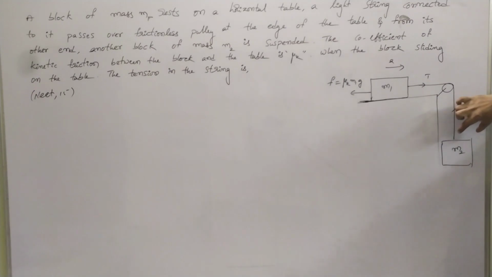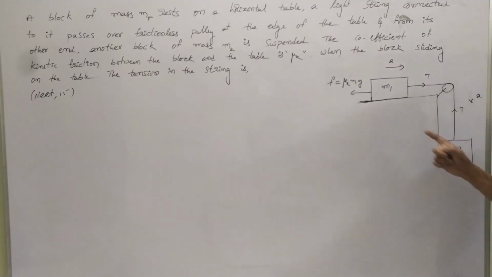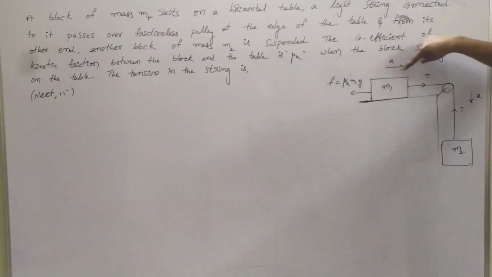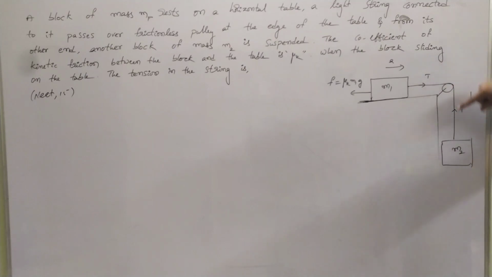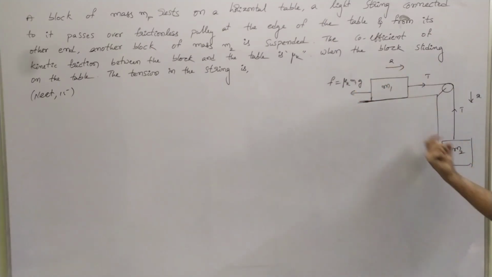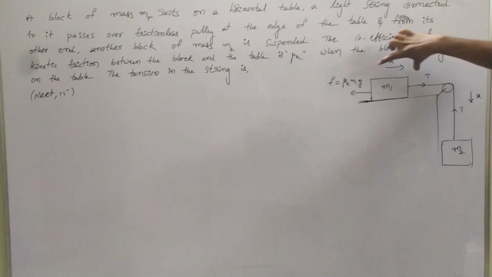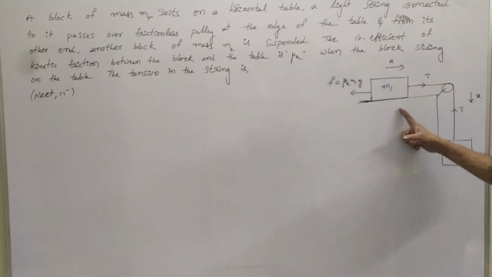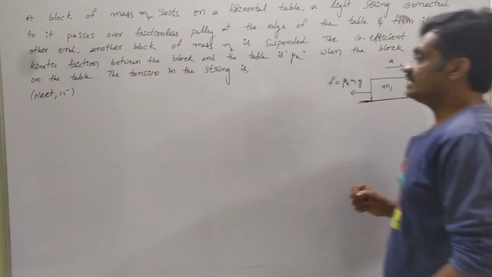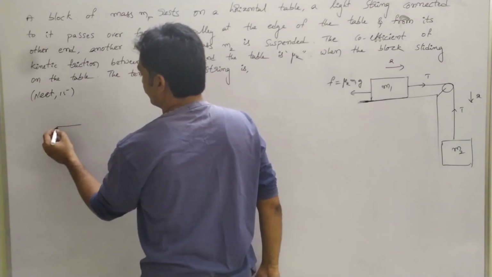Here this block m2 moves in the downward direction with an acceleration a. Now here as you observe, since the block is moving in this direction, the tension will be acting in this direction, whereas coming to the case of this block, the tension will be acting in the upward direction. Now we have to represent the equations in order to find the common acceleration. Let us consider this block. So here as you consider the block m1,